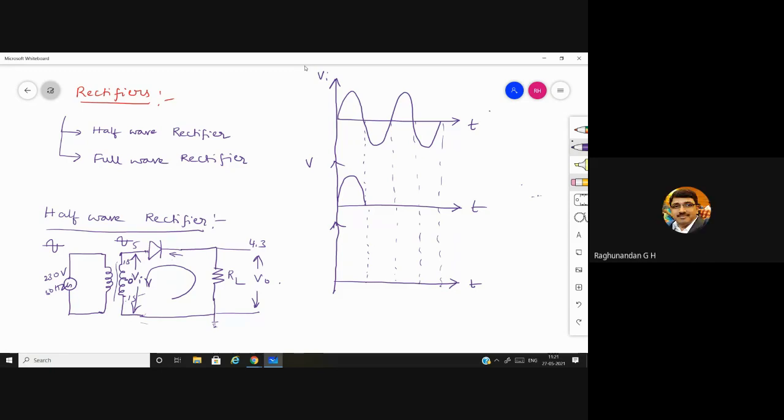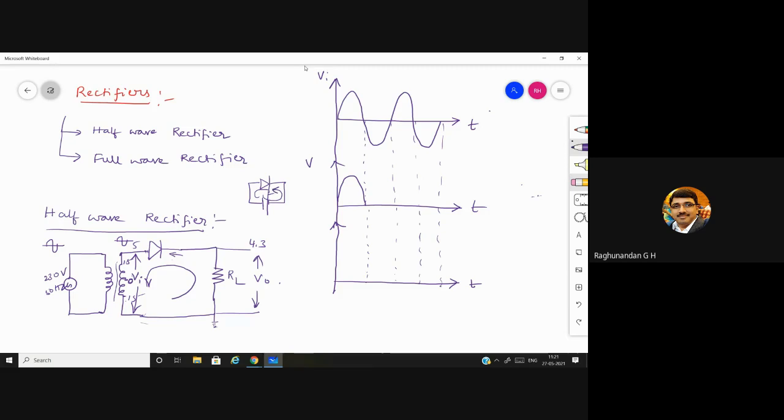Yes, good. See, the current is flowing in the opposite direction, which indicates that the cathode is connected to positive and the anode is connected to negative. See, here the connection is not changing, but the current direction is changing. When the current direction is changing, the diode receives the signal as a reverse bias condition because current is flowing in the opposite direction. When the diode was connected like this in forward bias condition, the current was coming like this. So in reverse bias condition, the current will be flowing in the opposite direction.